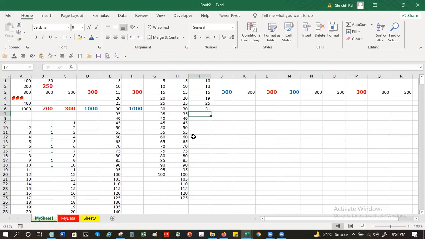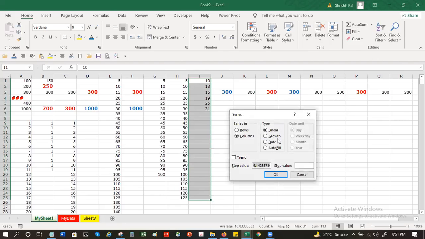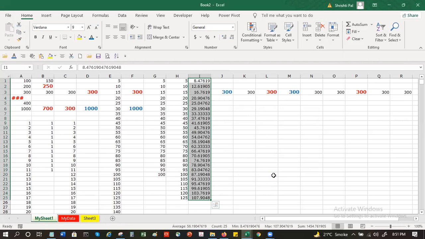These are all random numbers. Now you want to do some kind of trend projection. So what you can do is go to Fill, Series, and there is something called Trend, and say okay. The system will try to work out a trend for you.